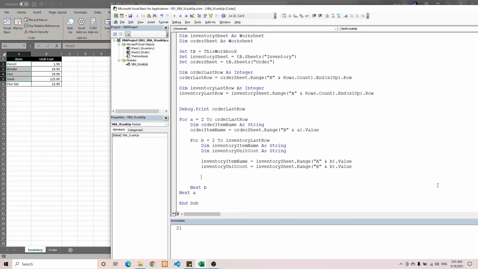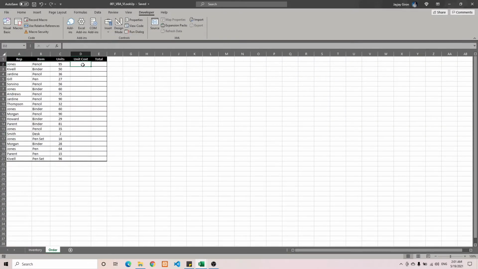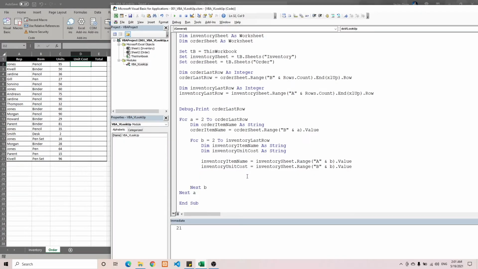All right, now inside the loop we can add a condition to check if the item name from the order tab, which is this, matches the item name on the inventory tab, which is this one. If it's equal, we can capture the value of the unit cost, which we store in the variable inventoryUnitCost. Then the next step is to put the value of this variable into the unit cost column of the order worksheet. So to do that, let's have an if condition. Let's say if orderItemName is equal to inventoryItemName, then